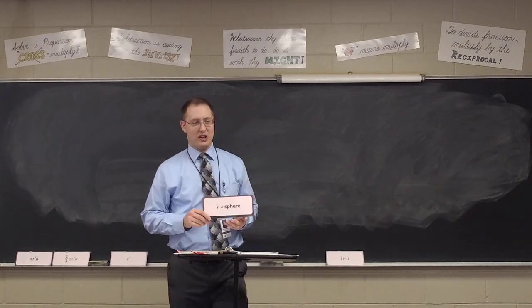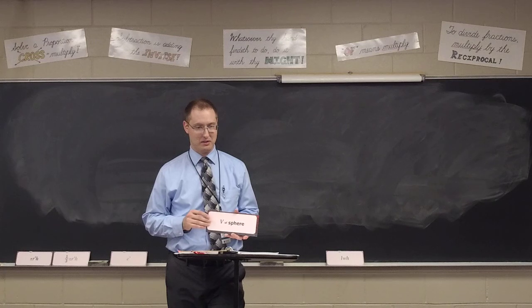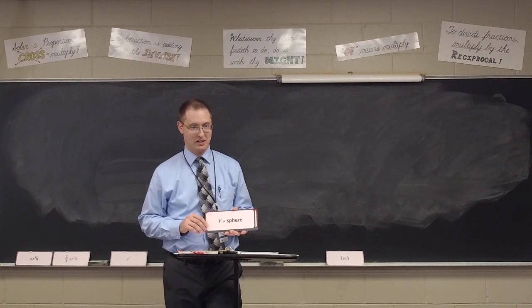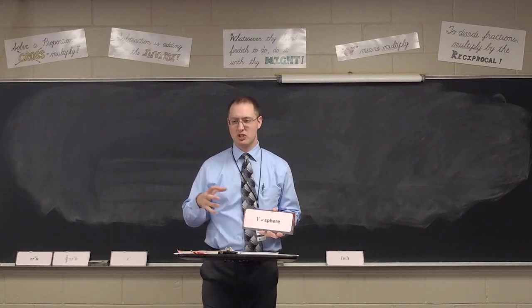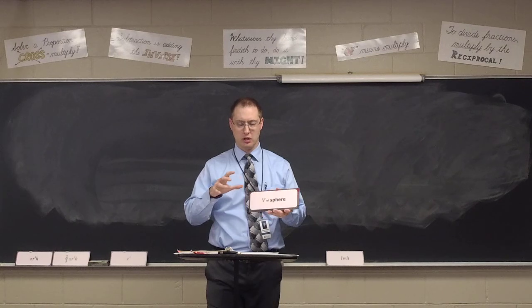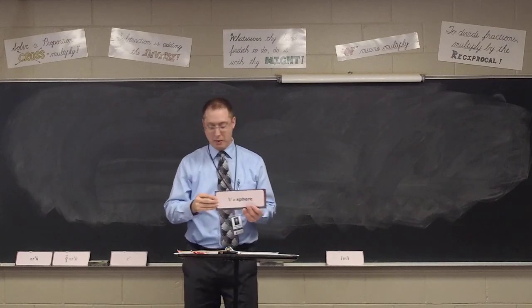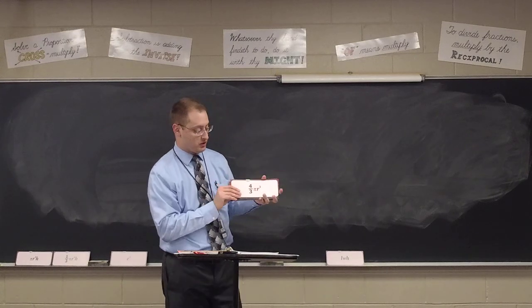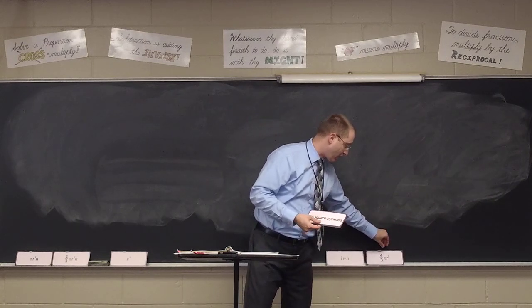What about the sphere, Lana? This was our most recent one. It's 4/3 times 3.14 times, so 4/3 pi. Picture a sphere. It's a ball. R cubed. It's cubic units, so we want the r cubed. Now, you might be saying, well, this one only has r squared. Right, there's another dimension, there's an h. Well, the sphere only has the single dimension in the formula, and that's the r, so it's got to be cubed. So that may help you remember the 4/3 pi r cubed for the sphere.